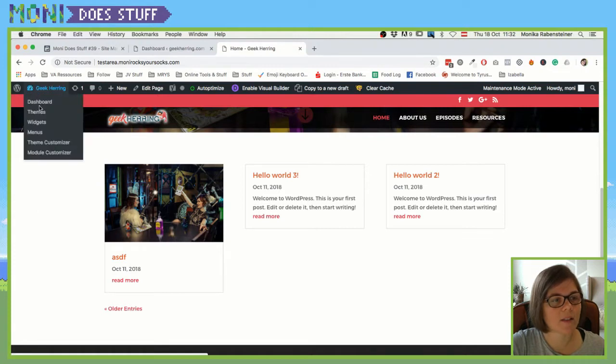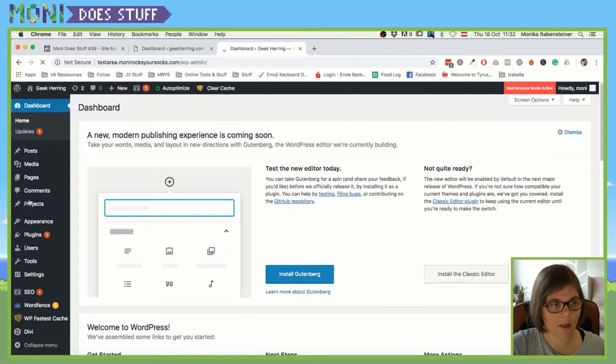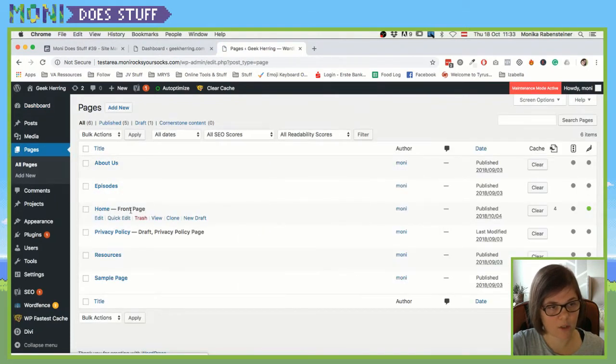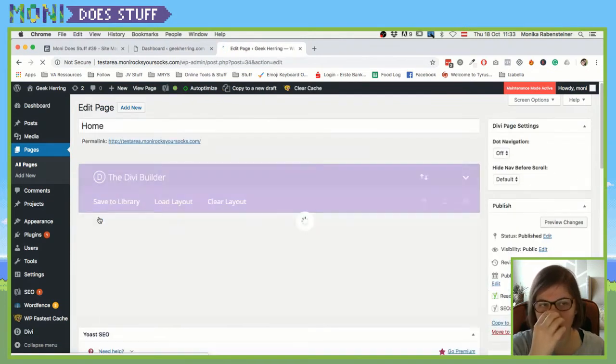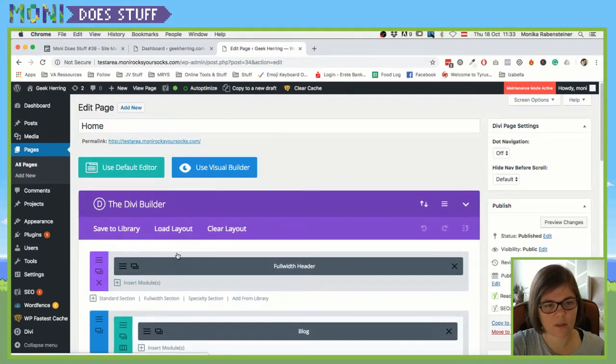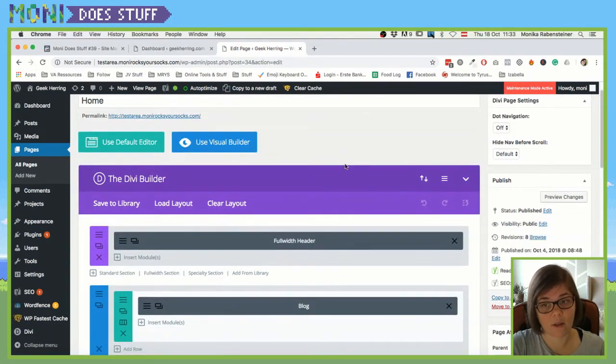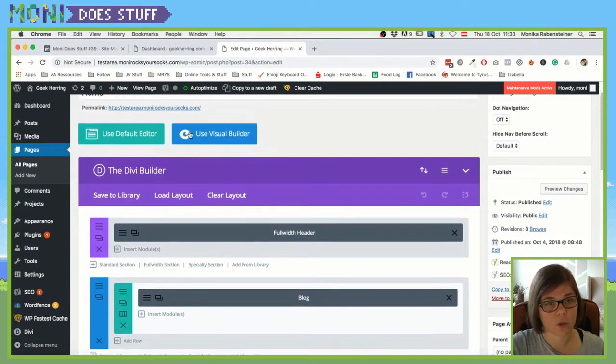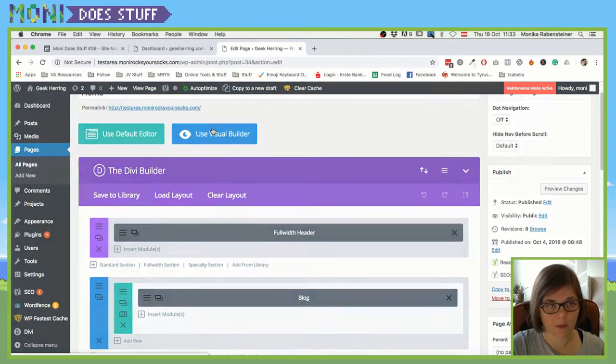So we go back to the dashboard now, and back to the pages, and back to the home page. That's not a front page. And we click on edit. What I'm going to show you now, I really like to do it in this view just because I'm not the biggest fan of the Divi Visual Builder, but I'm still going to show you that one today